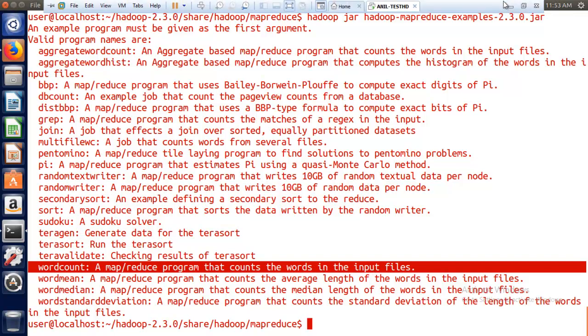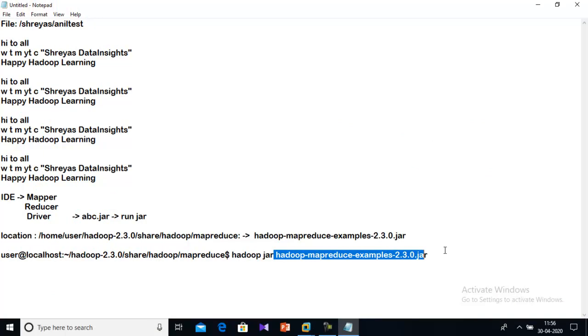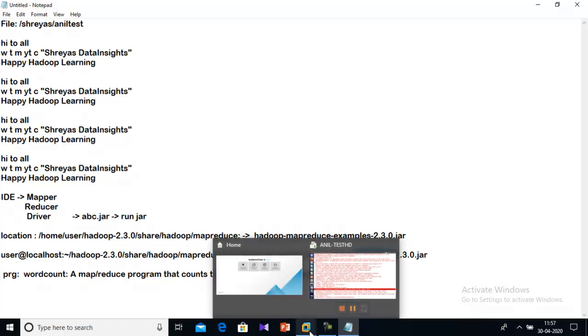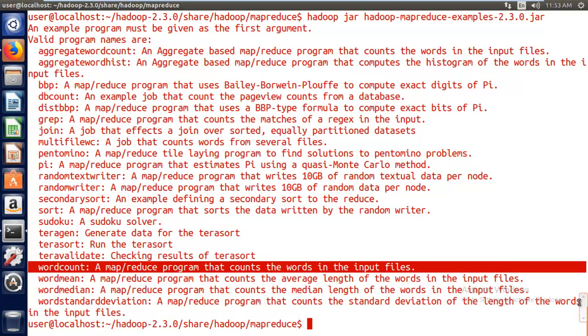Now I would like to run this program and show you. This is the program here, wordcount. So this program is available under this example jar file. Okay, fine, that's great. Now let us run and verify.